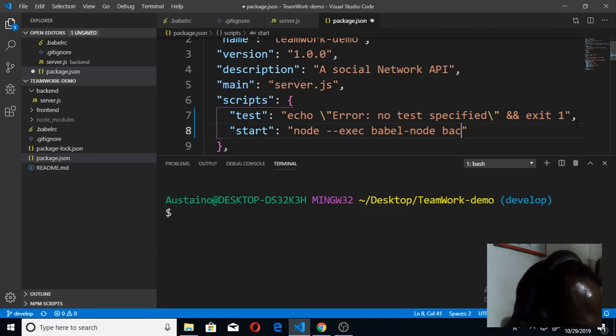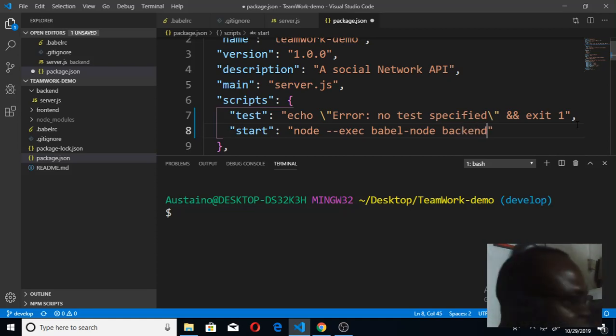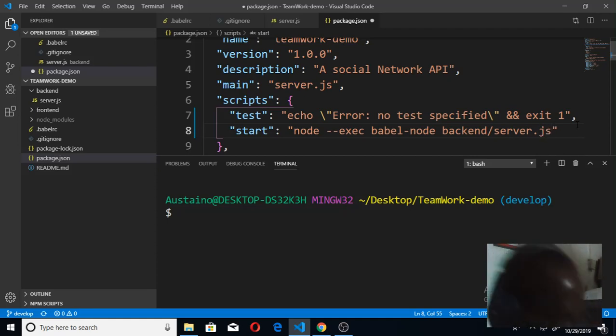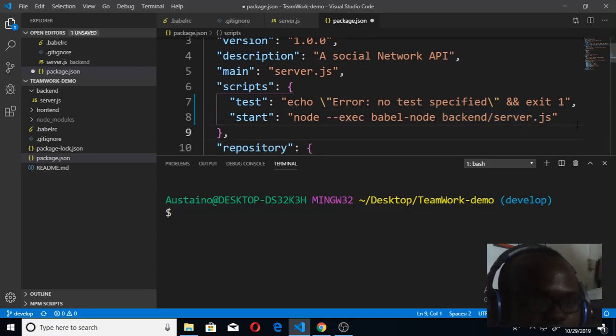So where is it going to find the code that it is going to execute? It's going to find it inside the back end. And when it goes to the back end, what code am I executing? Server.js. So that is how you do that, if you want babel to do the work for you. But do we want node to do the work for us, or do we want